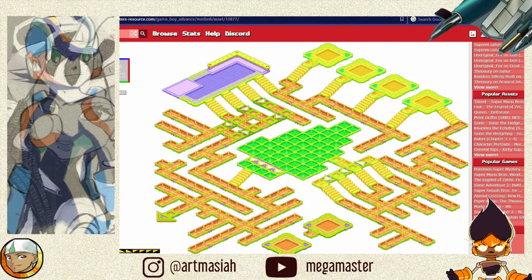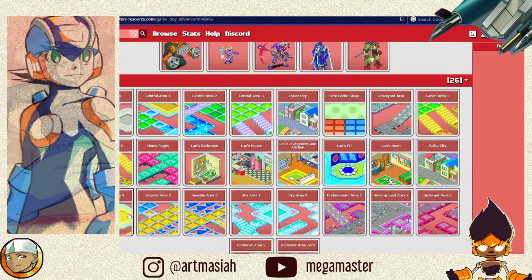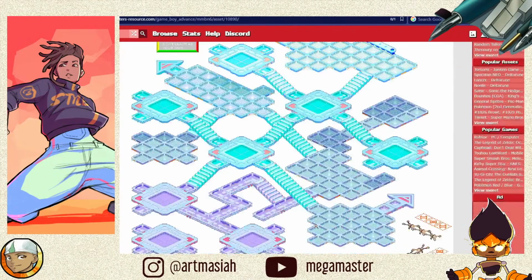Those panels are kind of cool as well. It's a green area, graveyard area, we've been there, central area 1, 2, and 3. That's pretty self-explanatory. Let's take a look at the sky area one more time. What kind of panels they have.